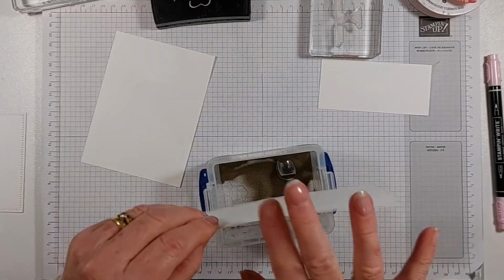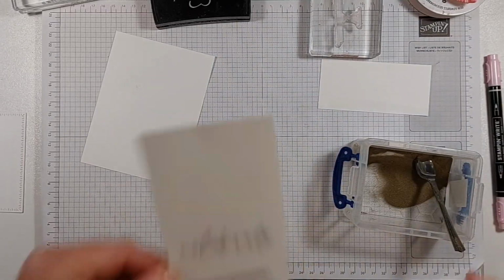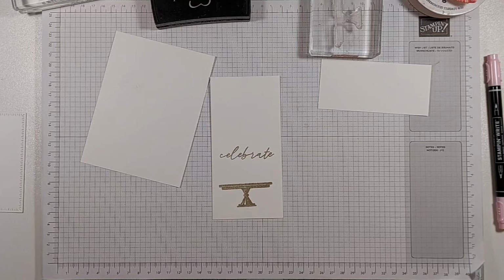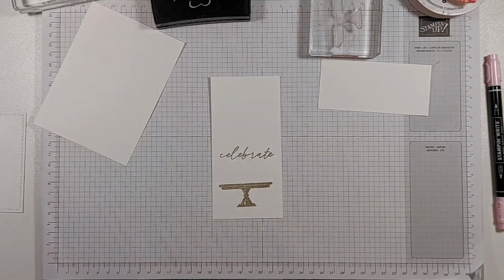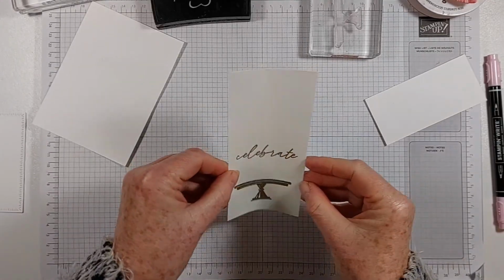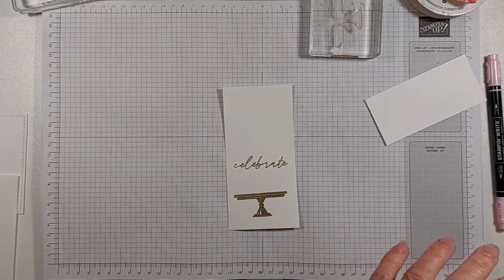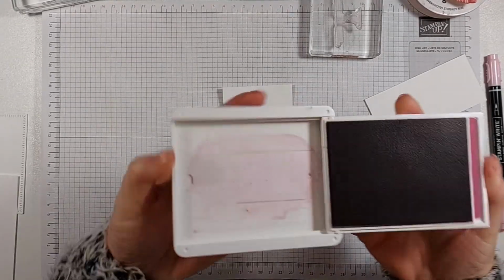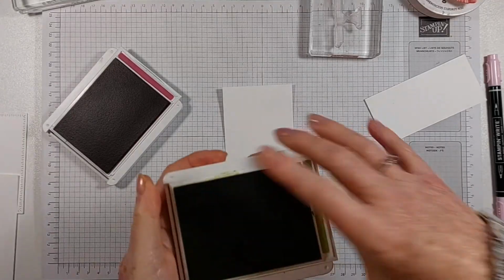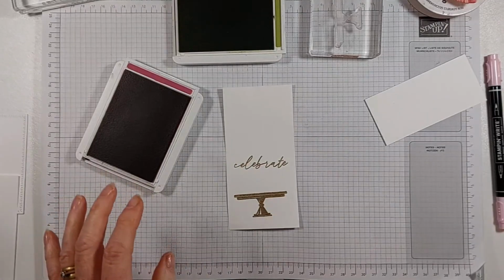Need a better scoop than that, don't I, really? Excuse me while I heat emboss. There is something so magical about watching that melt. Love it. So I'm going to get Berry Burst and Old Olive, and I am going to